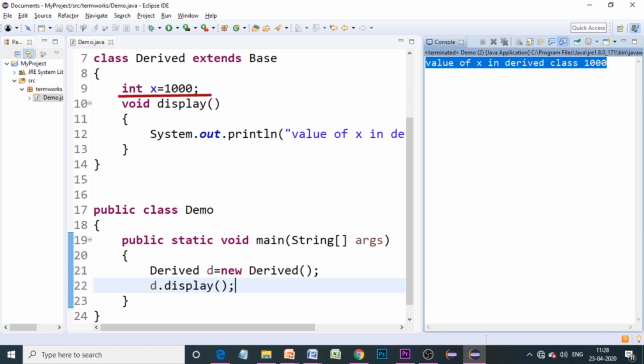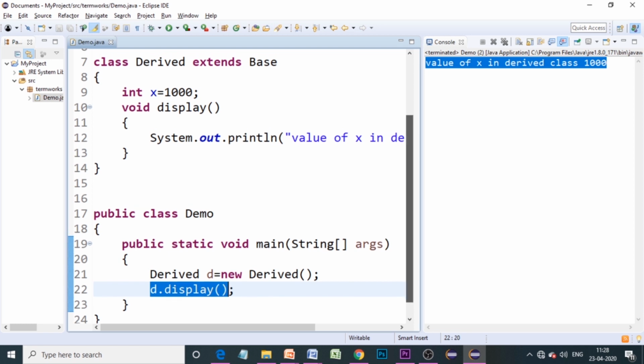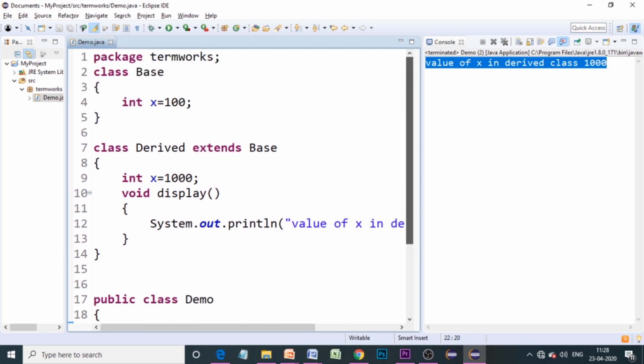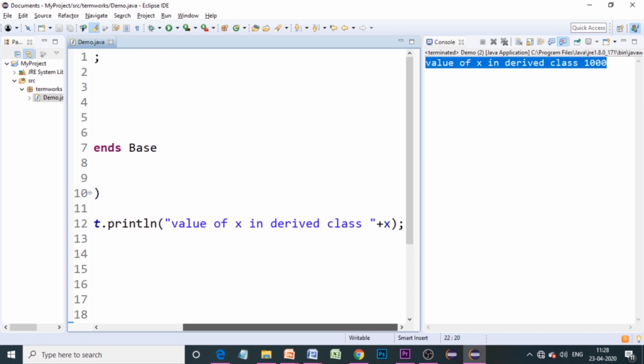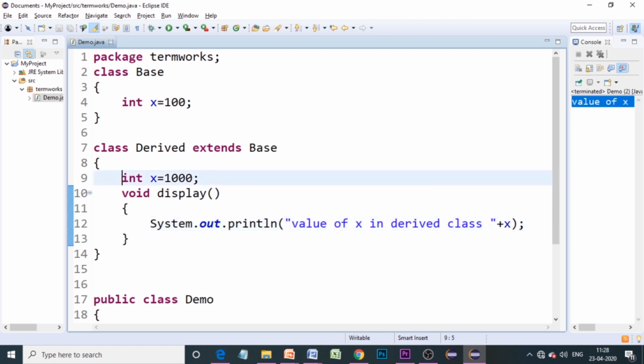Since we have the object of the derived class, though we have the value of x initialized in the derived as well as the base class, when we print this x, obviously it is going to take the value of x that is there in the derived class, because whichever is local will have the priority. So we have got the value of x as 1000.